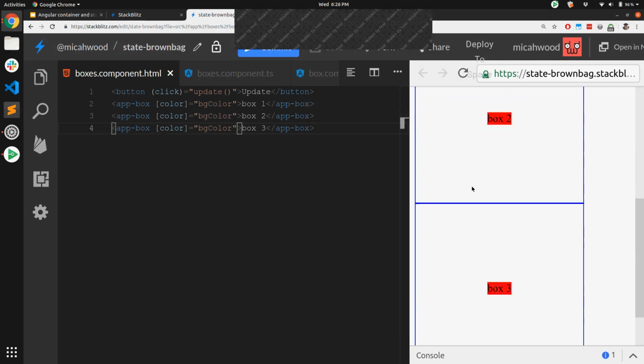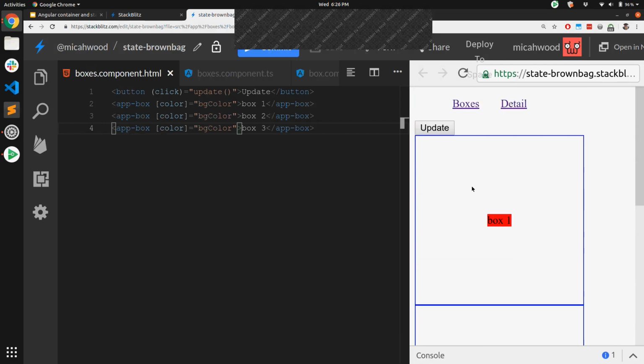So now we can see we've got the background color being set to red when we click this button, and